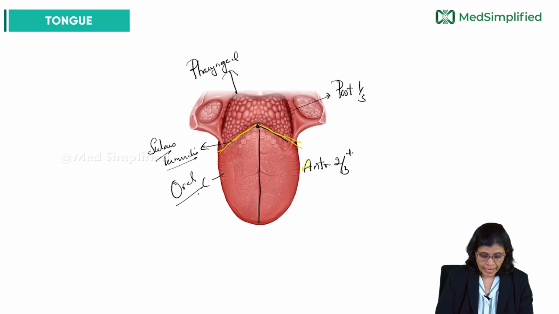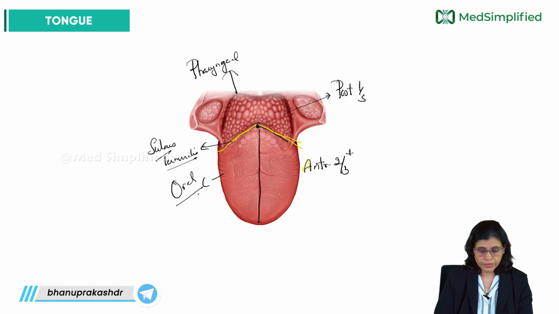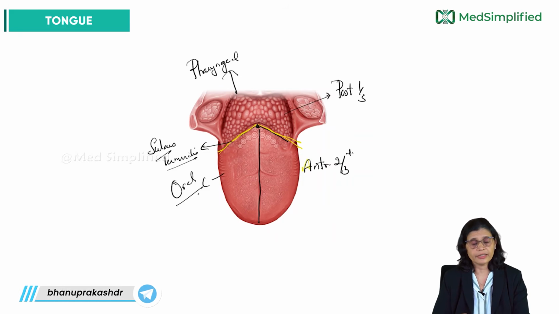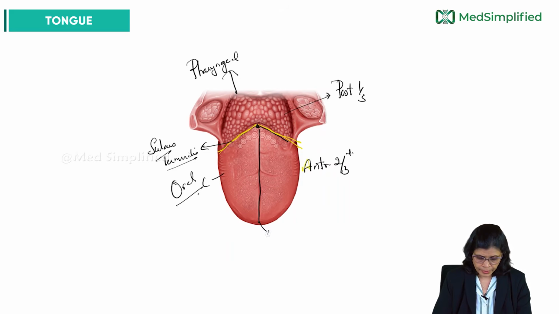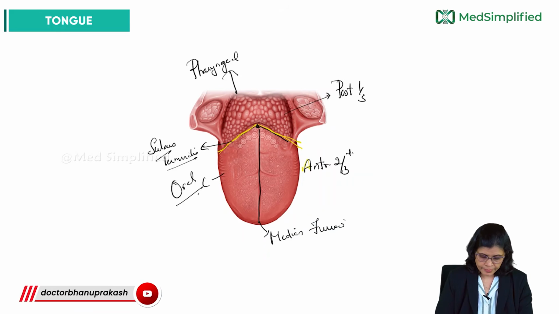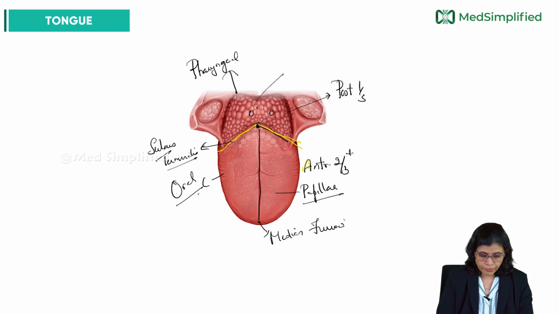Then it will have a large number of papillae. In the dorsal part of the tongue there are a lot of papillae present, whereas in the pharyngeal part here we will see the median furrow and papillae. Then in the pharyngeal part of the tongue, if you see, there are a large number of lymphoid follicles,